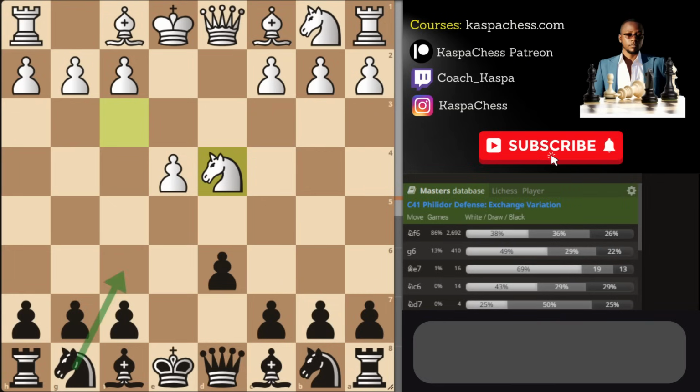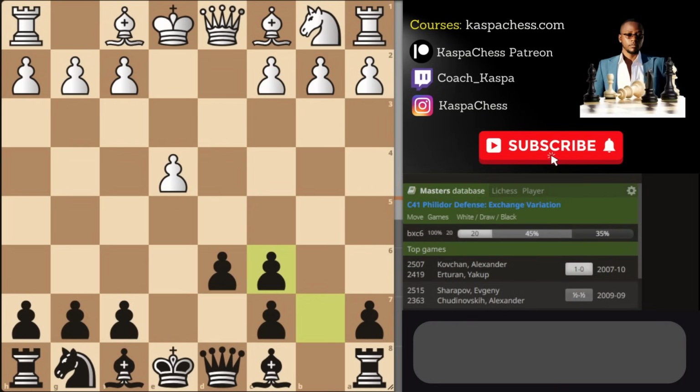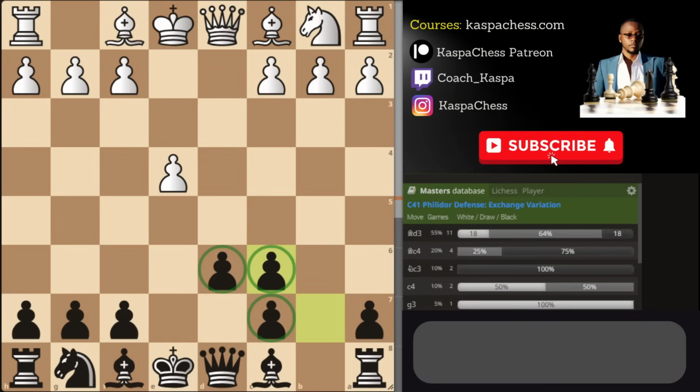Here you can play knight f6 if you want, attacking the e4 pawn immediately, or start with knight c6, the move that I like playing. So knight c6, challenging this knight. And what you will see most of your opponents doing is taking this knight. For example, after knight takes, you are happy to take with your b pawn. This might not make sense to you guys, but trust me, it's one of the best opening responses for black